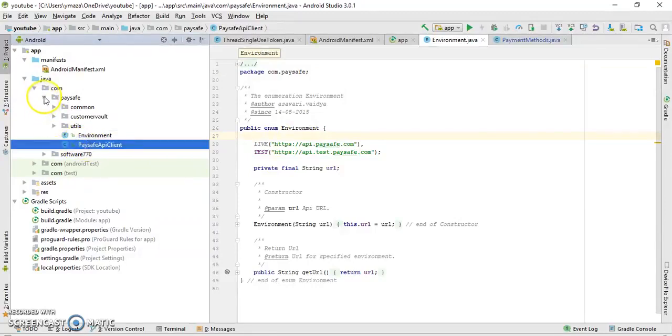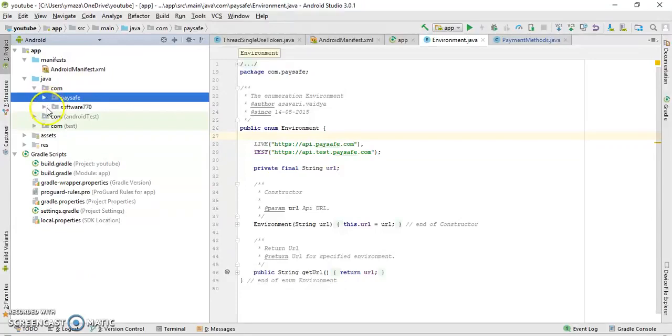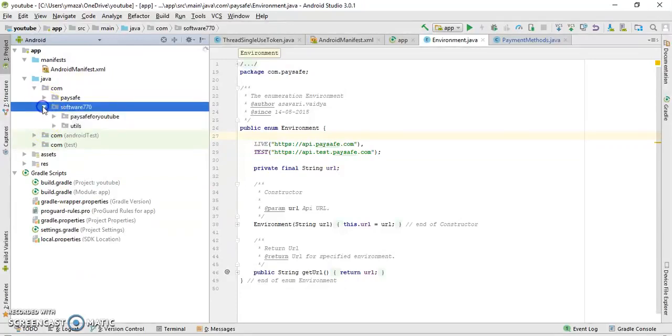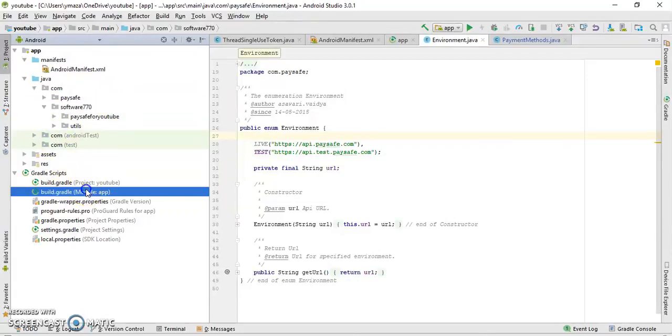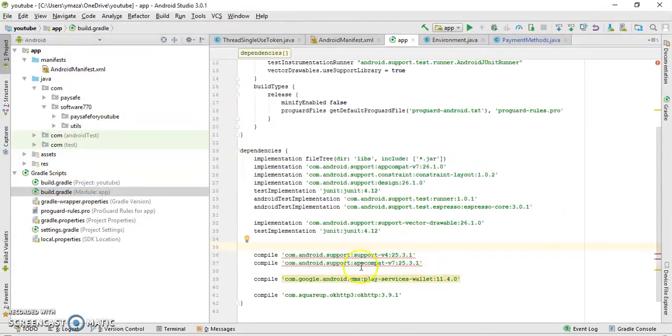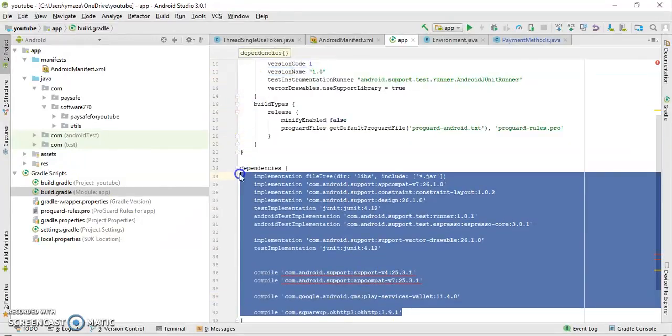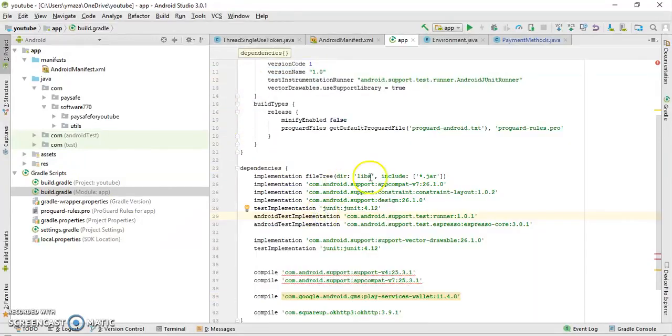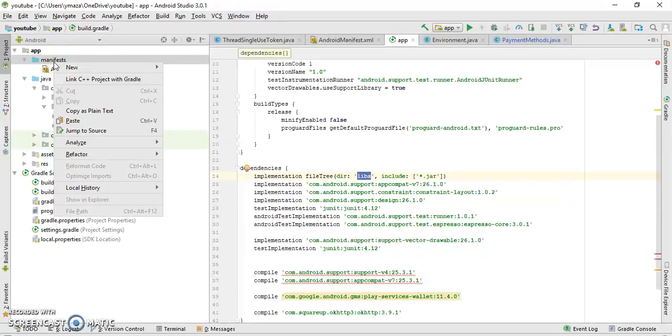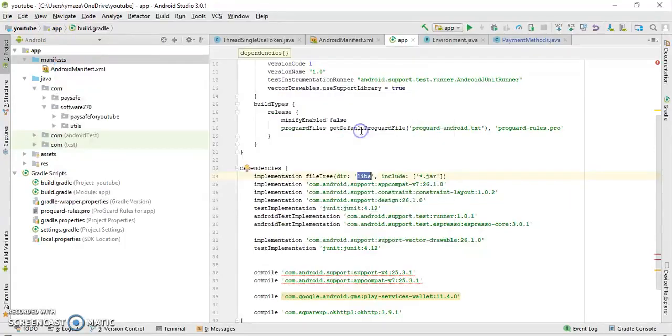That's a Java constraint. And then another thing which is important is the module app. So here you see this, the Gradle module for the app. So here you see all the dependencies. Here by default the libs directory is included. So whatever you put there is going to work automatically. Otherwise, I think you can just right click and, okay. Anyways, so it's automatically